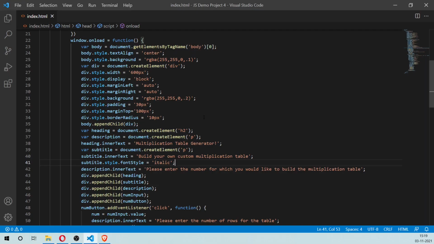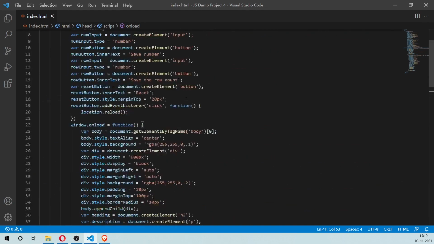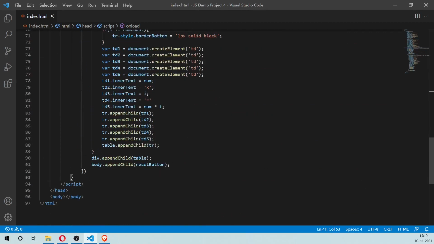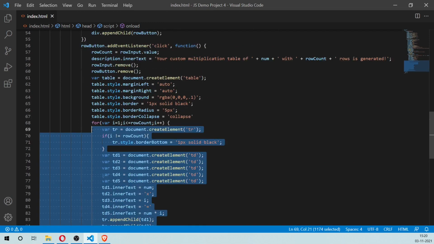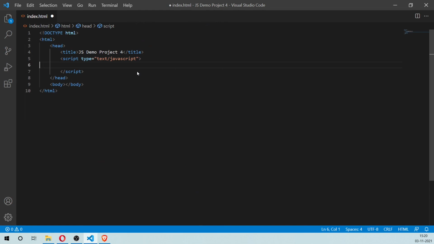The page itself is done, but if you look at this document, it is too large. I don't want it to be this long, the JavaScript section and the head section. So what we'll do is we'll just copy this entire thing. And if you remember, I told you that it's best to have your JavaScript code in a separate file.